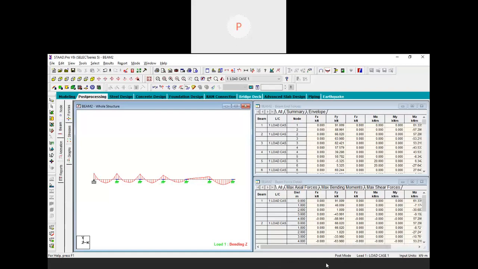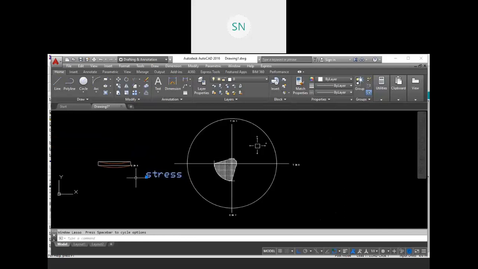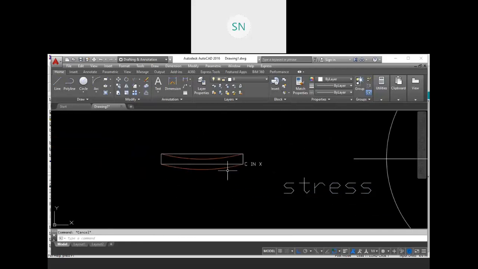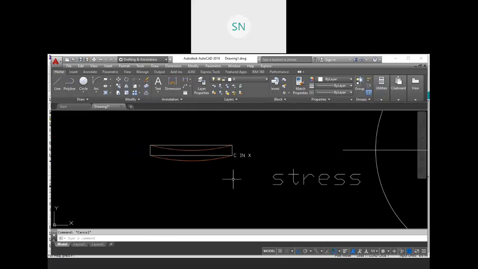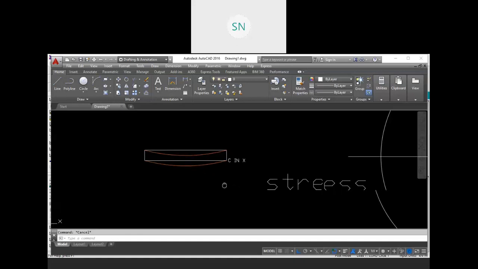I'm explaining the reason: stress is independent from the material property. The stress is an independent property from your material. It will only depend on the shape.